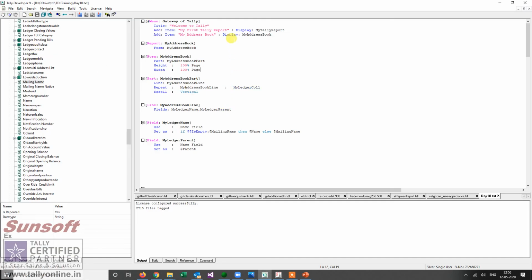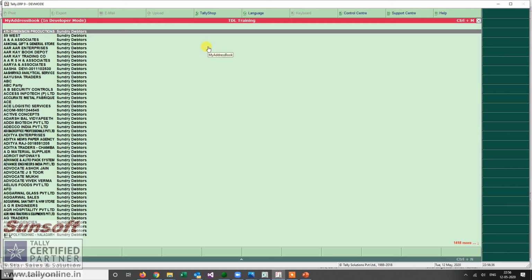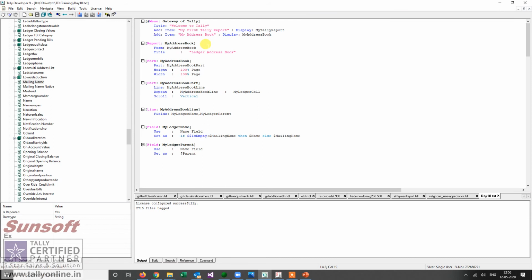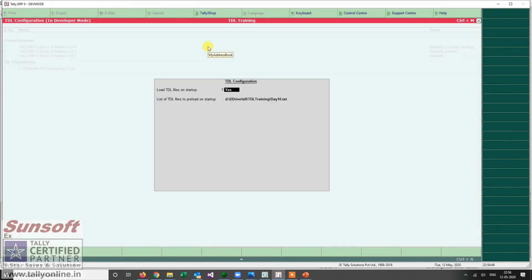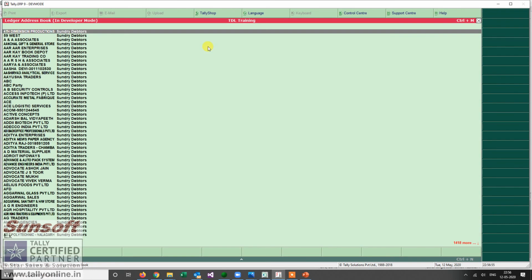So let me have a new attribute of the report, which is called title. The title will change the address book. So I have ledger address book.